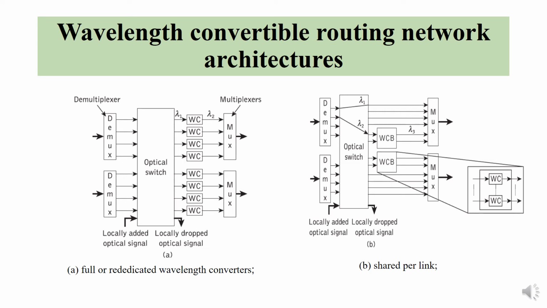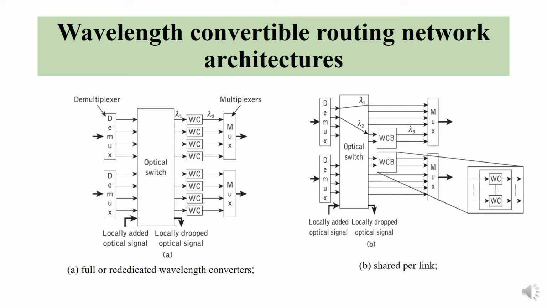All the wavelength channels at the output port of the optical switch will be converted to their wavelength channels by an appropriate wavelength converter. For example, the WC changes incoming lambda 1 to lambda 2, which is then sent to the mux. Here, a WC is connected for every node, which is not cost effective to implement.